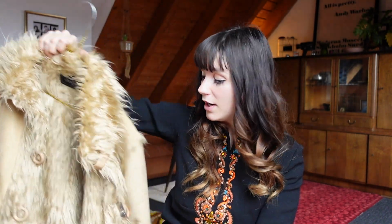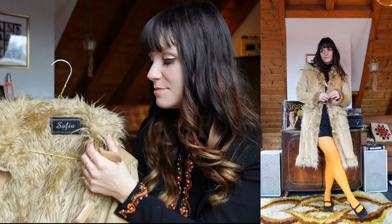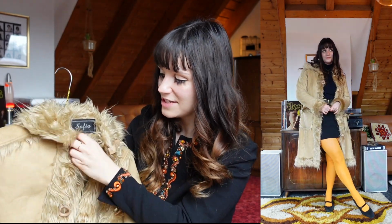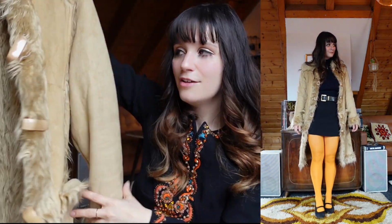Moving on to the next Penny Lane coat, I got it for free. This was listed on, I think, Facebook Marketplace or eBay. I don't quite recall, but what I know is that it had a big hole somewhere in the back, and basically the woman was like, well, it's still cool, it's such a nice jacket, it has these really cool clasps, but one has to fix it. And I was like, I'd love to fix it, and so she ended up gifting it to me, and it is honestly perfect. I had to put in a little bit of work,